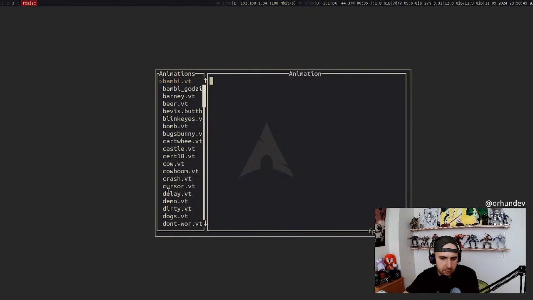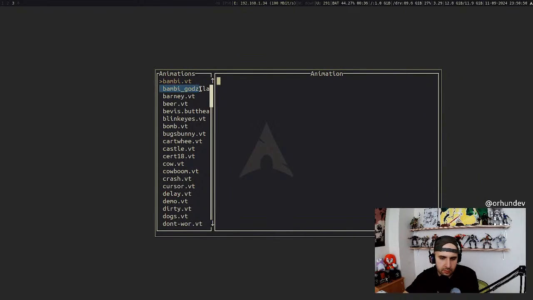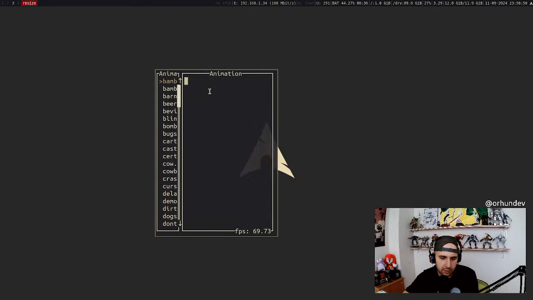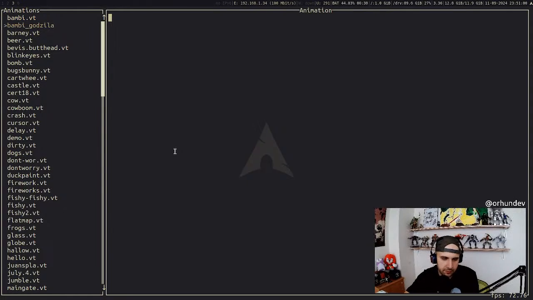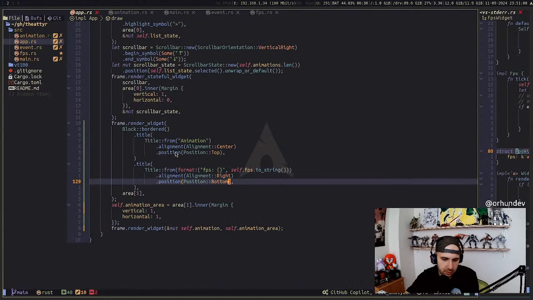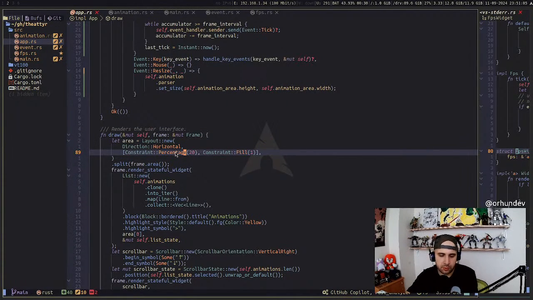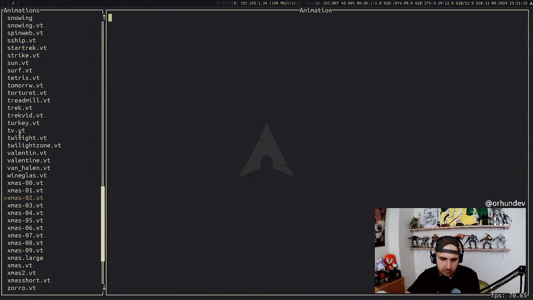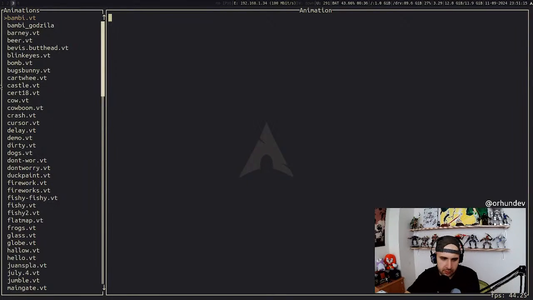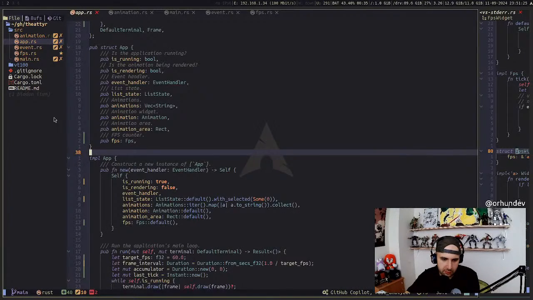I don't like the list's width, because sometimes when the terminal is too small, I cannot see the names of the entries. So I want to have a fixed width for this list. Now, if I remember correctly, it's a percentage. Yeah, it's taking 20% of the screen, but this should actually be the length of the longest entry in the list. So it should be